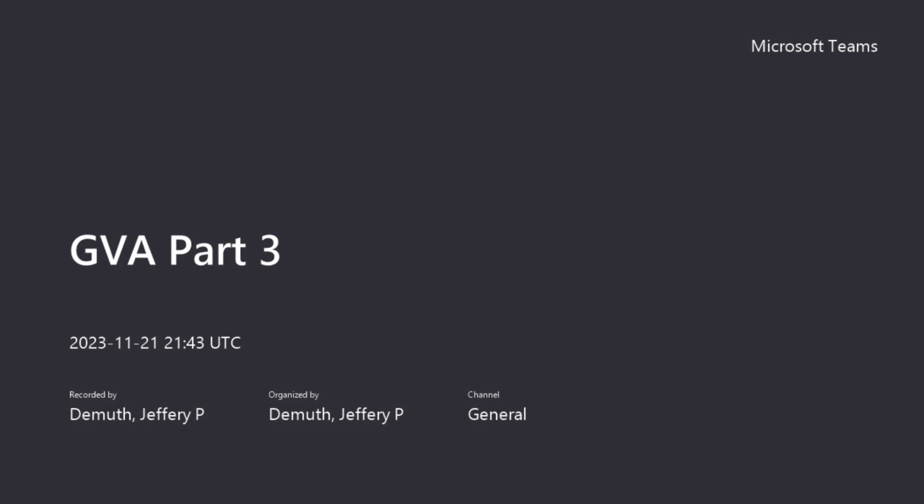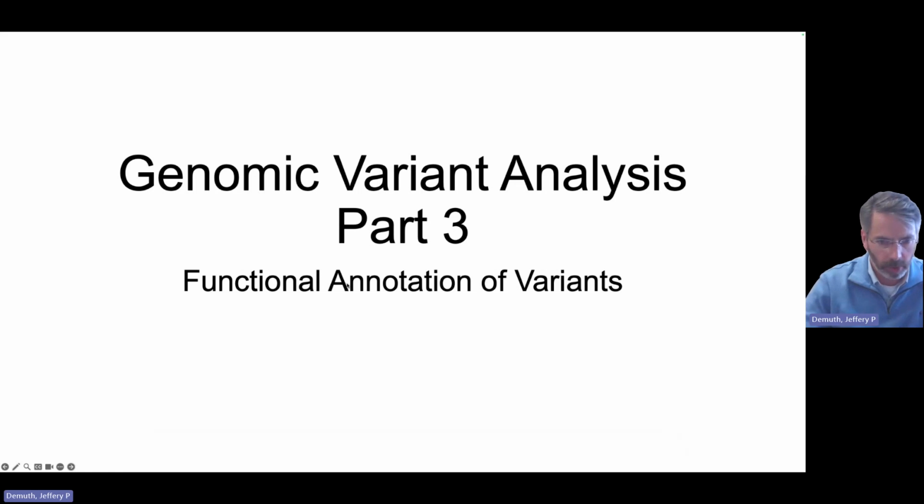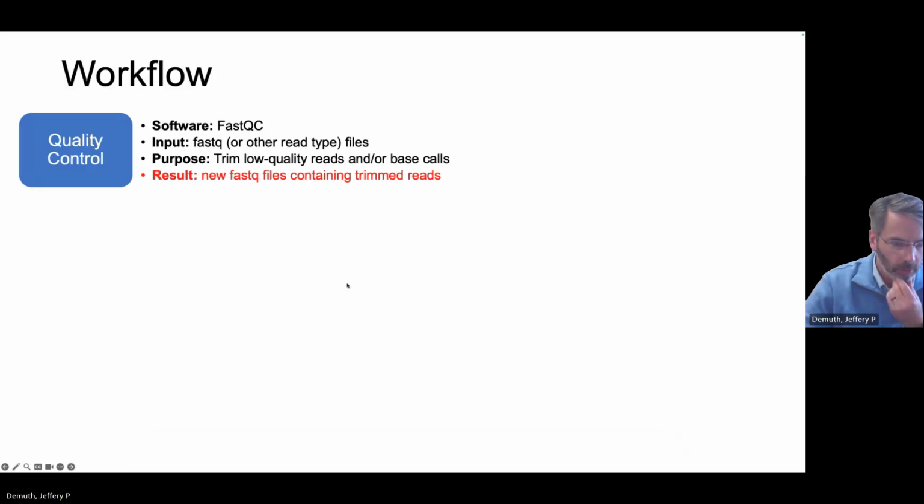Welcome back for the last part of our genomic variant analysis part of the course. In this section, we're going to talk about how we annotate the variants that we called in the first two sections of GVA. So just by way of a little bit of recap, the standard workflow for genome variant analysis looks something like this,